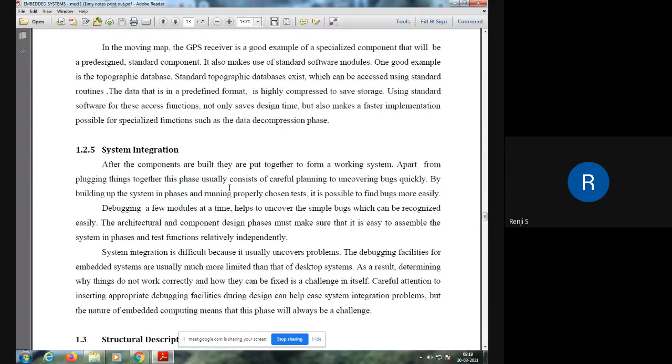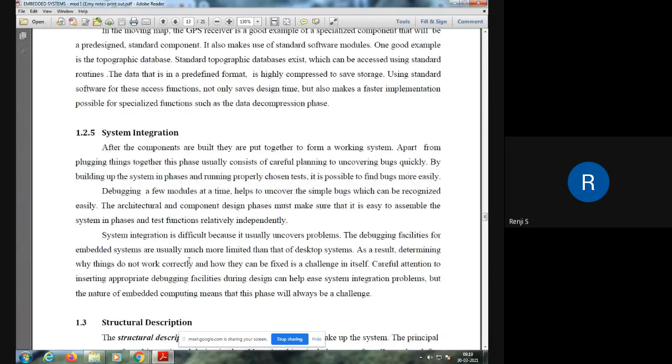By monitoring the input and output functionalities, the developers should be able to identify the errors in the system. So determining why things are not working correctly and how they can be fixed is a challenge during this integration process. So appropriate debugging facilities must be included, which can help the developers to solve the integration problems.